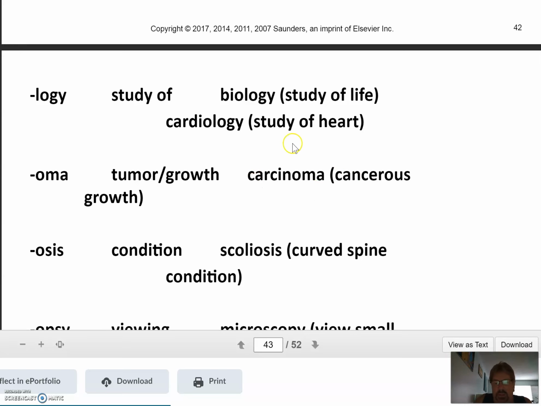Carcinoma is a cancerous growth that derives from epithelial tissue. And I know you probably don't know what that is yet, but you will soon. So the suffix "oma" is very important. It means tumor. However, it doesn't automatically mean a cancerous tumor because there are many benign tumors also. Although carcinoma is a branch, it's the largest category of cancer.